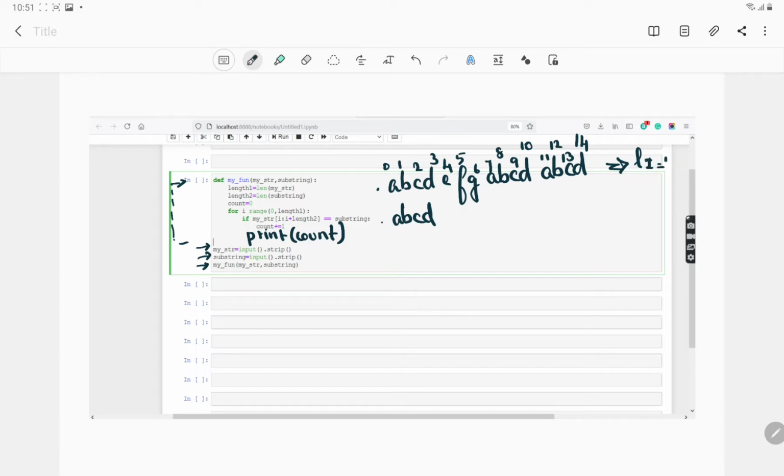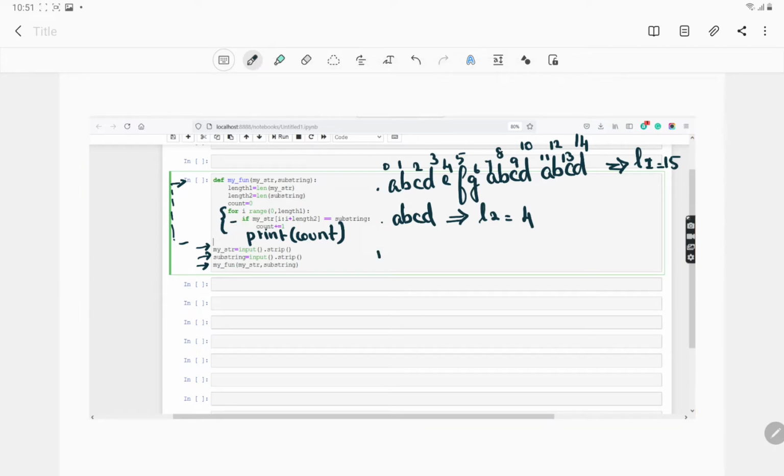L1 is 15, length 2 is 4. So we are having an iteration here. I value starts from 0 to the length of my first string, that is, it goes till 14. So during the first iteration we have a slicing operation done here.